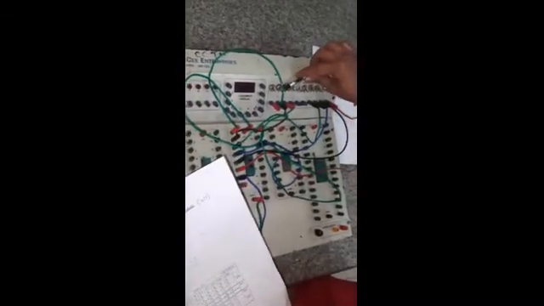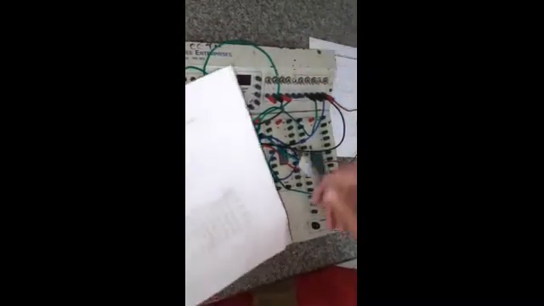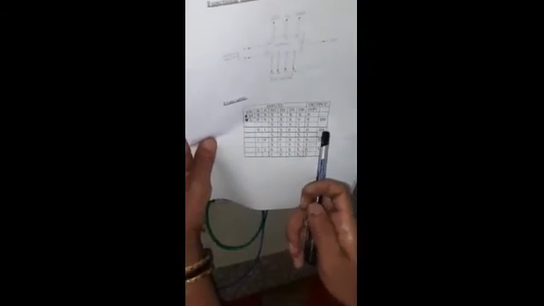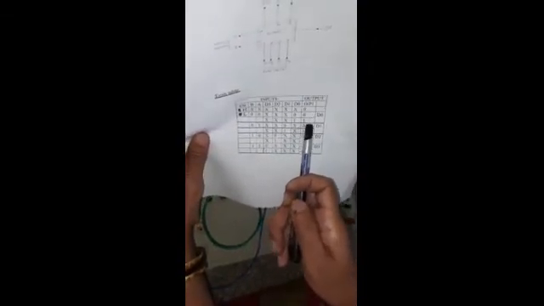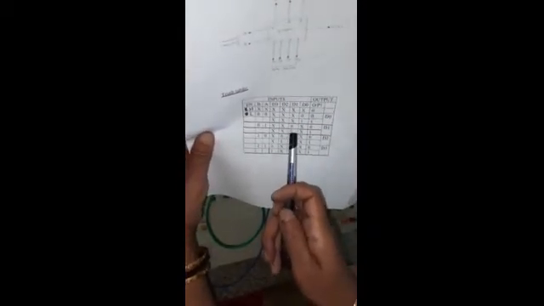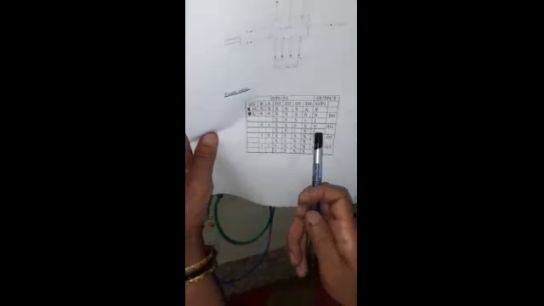Next address we are going to keep here is 01. See now, we have a 01. When the 01 address is placed, the input which is selected is D1. On D1, if I place 0, 0 will be transferred to the output. If I place 1, 1 will be transferred to the output.